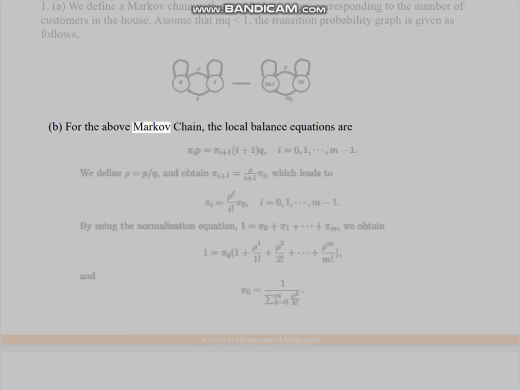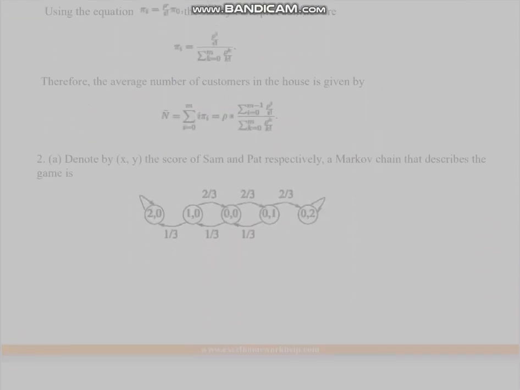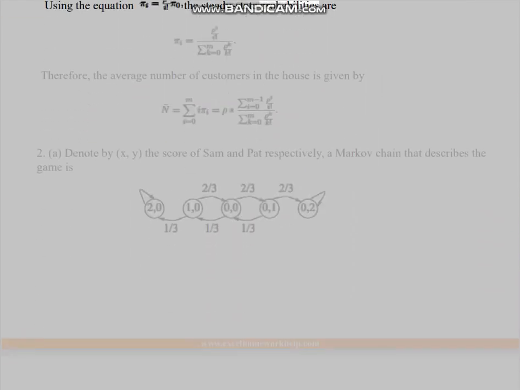B. For the above Markov chain, the local balance equations are given. Using the equations, the steady-state probabilities are obtained. Therefore, the average number of customers in the house is given by